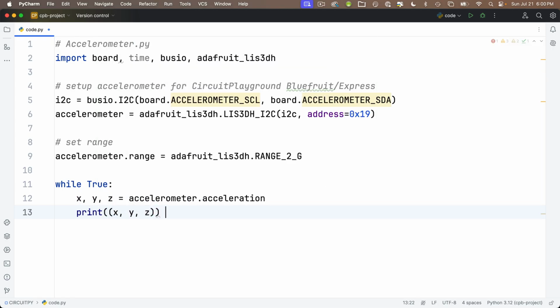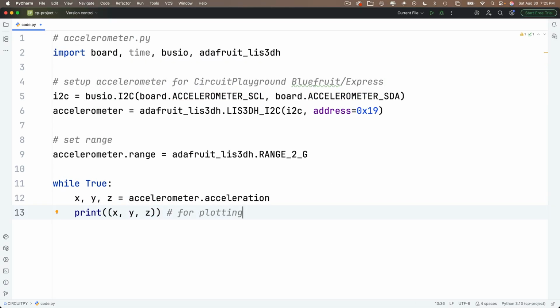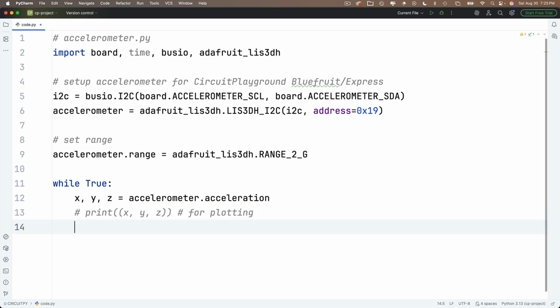And the reason that I'm doing this is because this print statement, when it has a tuple inside of it, will be used in the plotter in the online editor, and we'll use that toward the end of this lesson. But I actually don't want to use this line when I'm in PyCharm, so I'm going to Command-slash to comment this line out, and in the line below, we're going to enter another print statement, open and close parens,